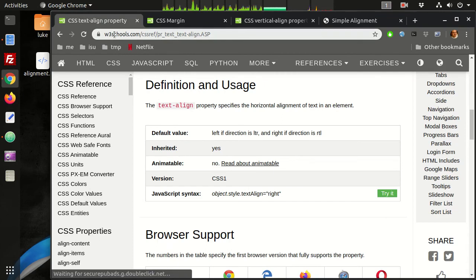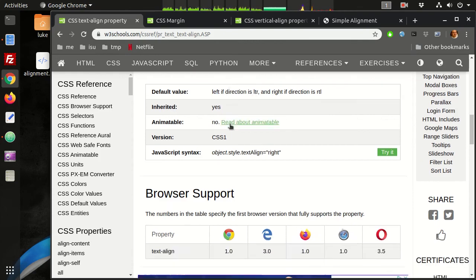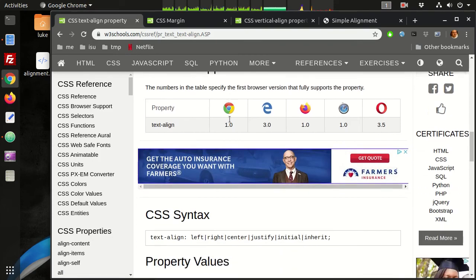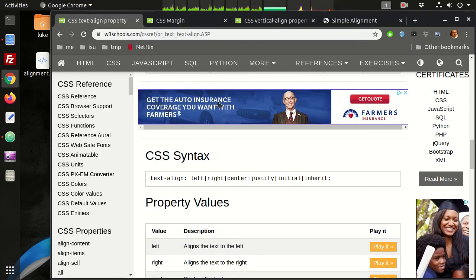We can look at the text align property on W3 Schools. Whenever you're using a new CSS property, it's good to go to some sort of documentation reference and learn a little bit about it, including details that might not be obvious. One thing that's interesting is the default value is left if you have a language that is left to right, and it's right if the language is right to left. That's one of the unique features of designating the type of language you have on your HTML page.